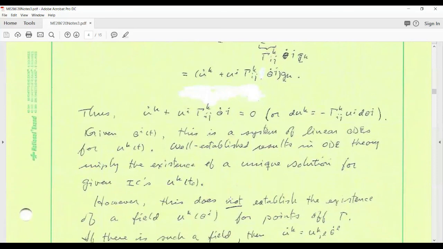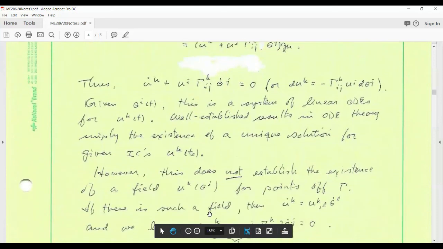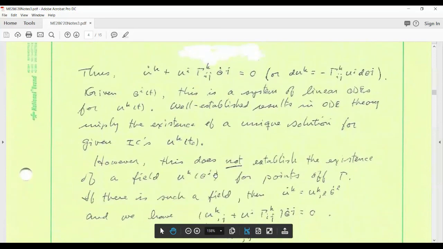However, this does not establish the existence of the field u^k as a function of coordinates in the space surrounding the curve. Okay. So it does not establish that this is integrable to give a vector field defined in the space, right? This only integrates to give a vector field defined on the curve. We're interested to know